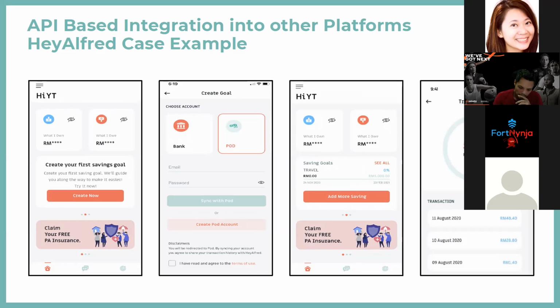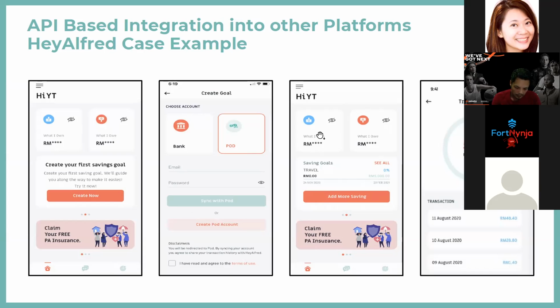Then the Alfred application itself displays all the goal details of the user that they are saving toward. There is also a save more button that calls our API to perform saving. When they perform saving, the system will be synced, and at the same time, if the user goes to our Pod app, they will also see the details of their saving. The last screen is how our partner displays the overview of the user's activities.